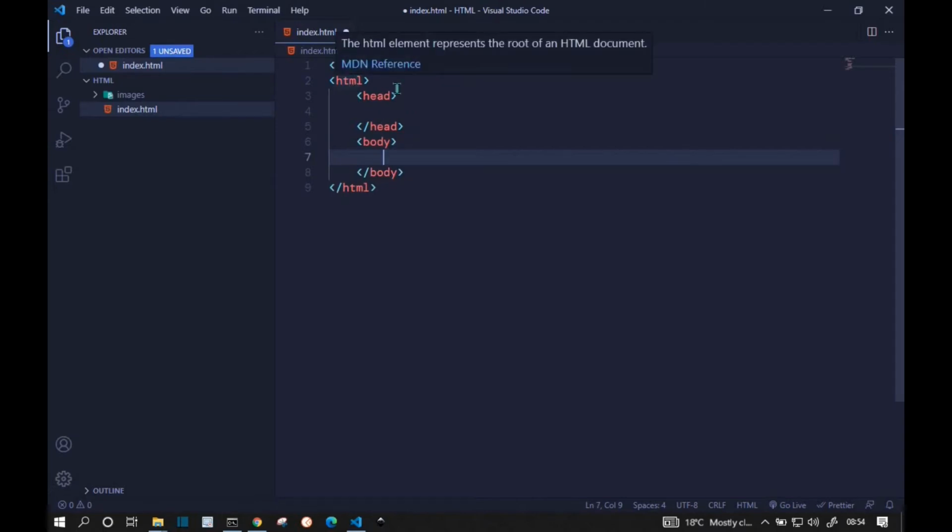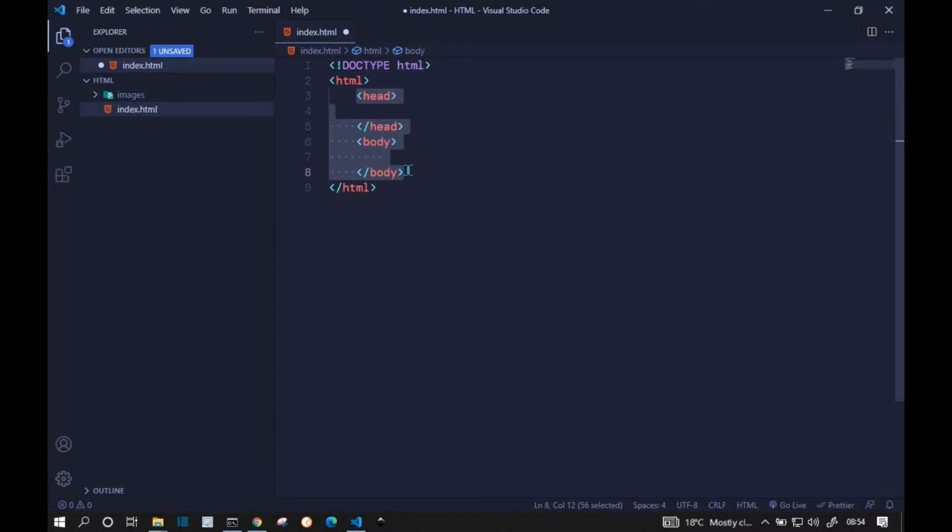So this will always be the structure of an HTML document, where we have doctype and then HTML, and then inside the HTML we usually have two other tags which are at the same level, the head tag and the body tag. Tags at the same level are called siblings, and tags nested inside another tag are called children of that particular tag.